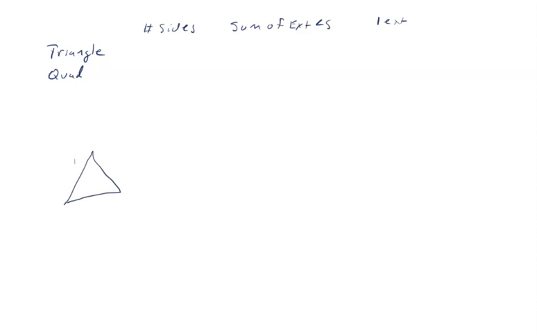The backside of the table then talks about the exterior angles. So it's the same kind of thing, though I'm going to leave a little bit more for you to do. We'll look at these two. Number of sides, sum of exterior angles, and one exterior angle. All right, so if we have our triangle, an exterior angle is if we extend one side